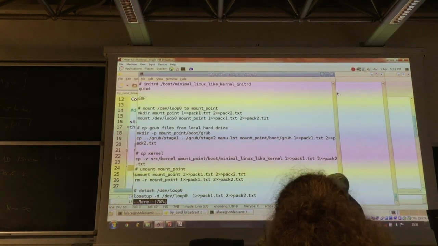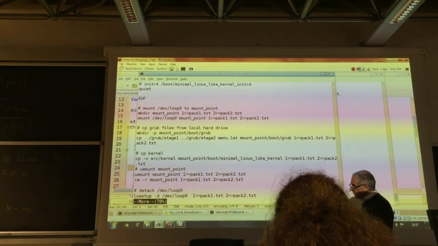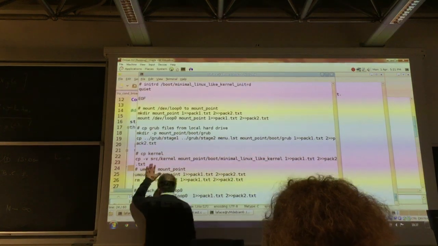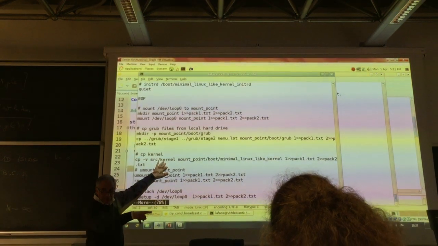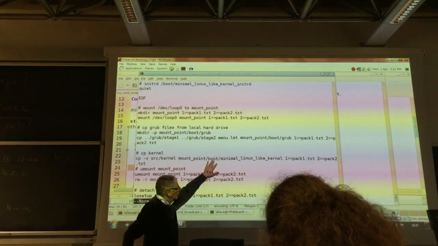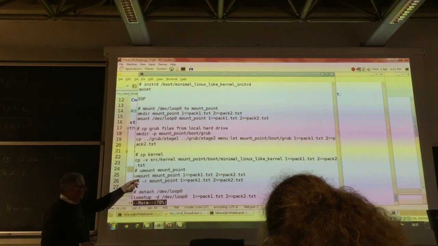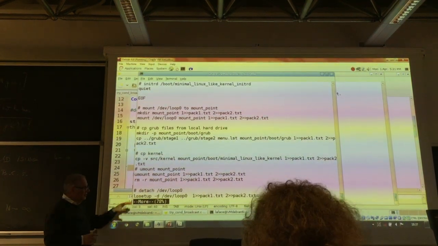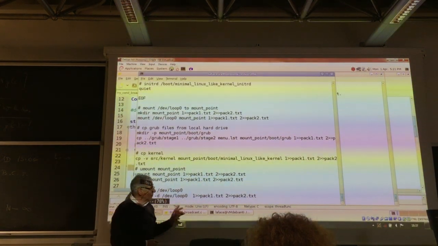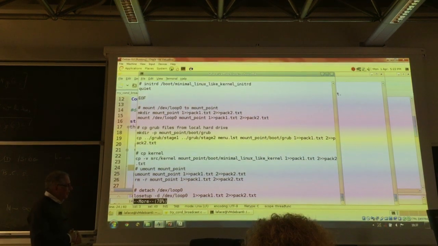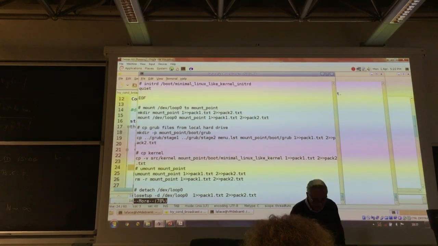Then the next step is to copy the kernel, so our kernel we just created, onto the boot minimal Linux kernel. I can mount the mount point and remove all this information, because what I needed was already copied. Detach the loop 0,